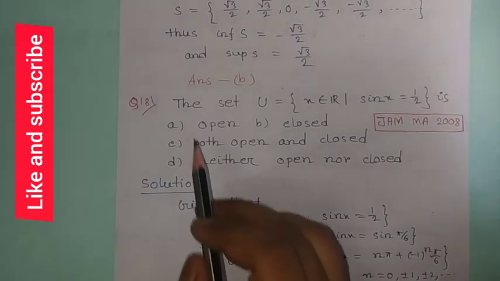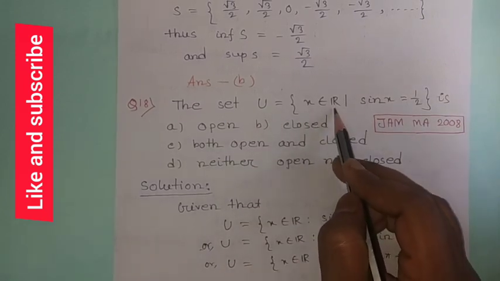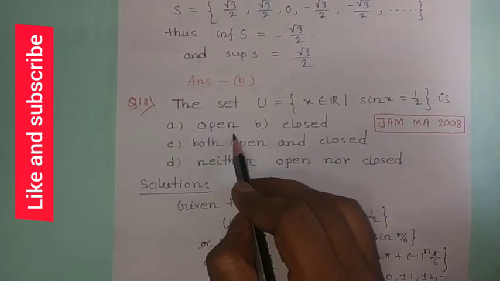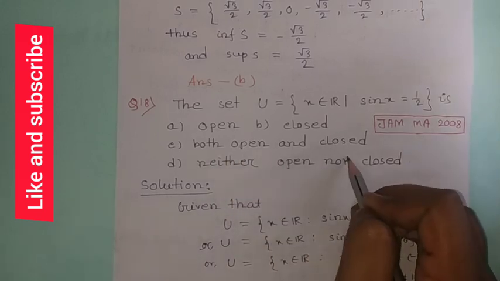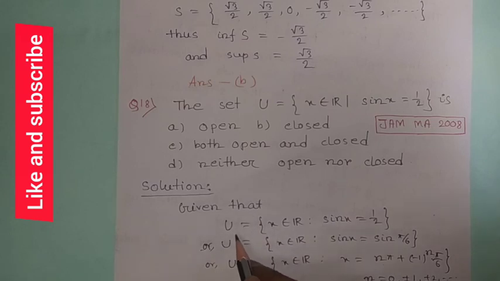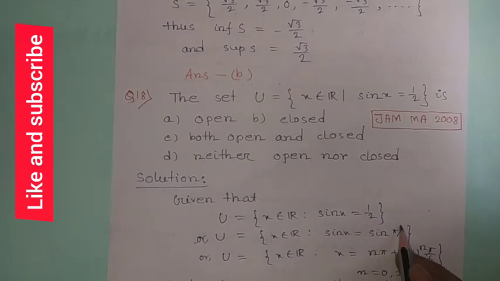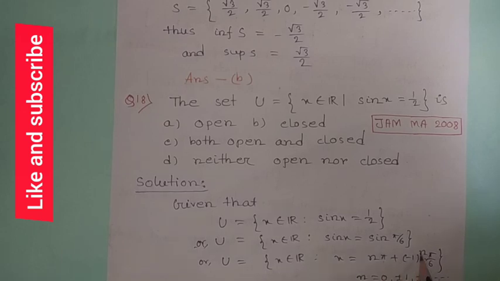Now question number 18. The set U equal to x belongs to R such that sin x equal to half is an open set, or a closed set, or C, both open and closed, or neither open nor closed. Given that sin x equal to half, then sin x equal to sin pi by 6, and we know that x equal to n pi plus minus 1 whole to the power n into pi by 6. This is the rule